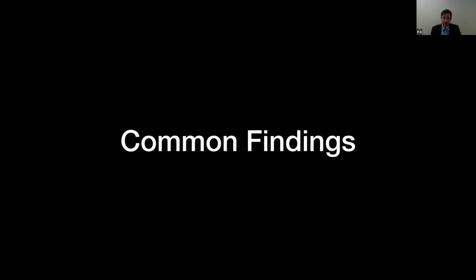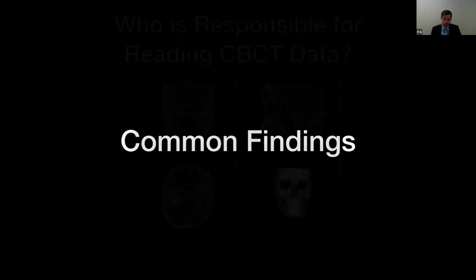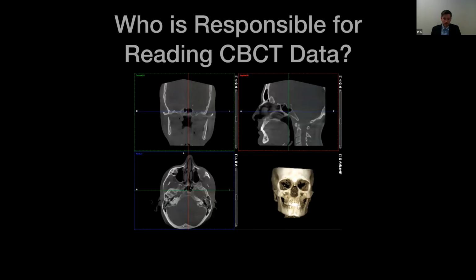So what about common findings that we can see in cone beam? And this is kind of a similar topic to when we're talking about what we can see in cone beam versus a pan: am I responsible for looking at all these additional structures? This is a really common question that I get, is who's responsible for reading the cone beam CT? And the easiest answer is that someone's responsible. Someone is,